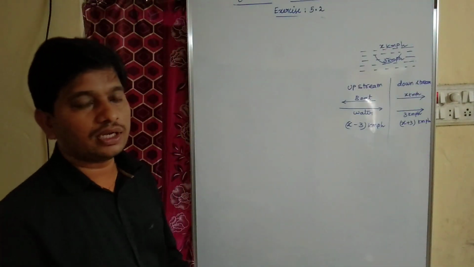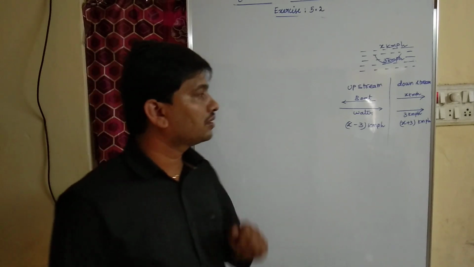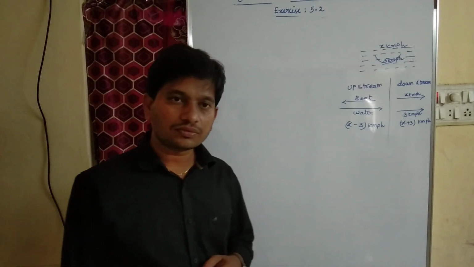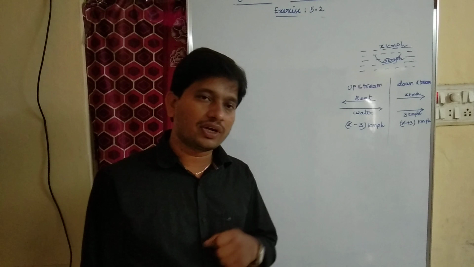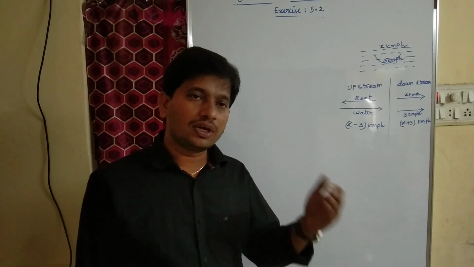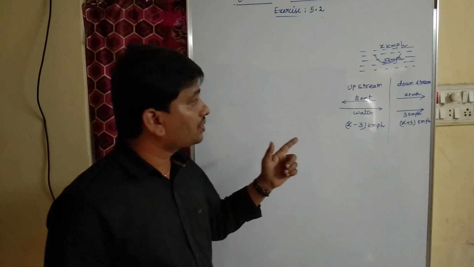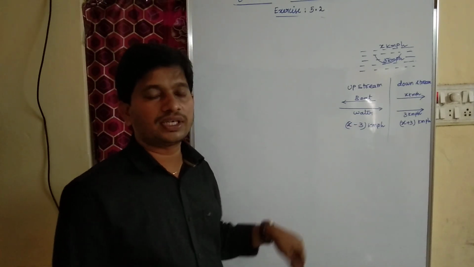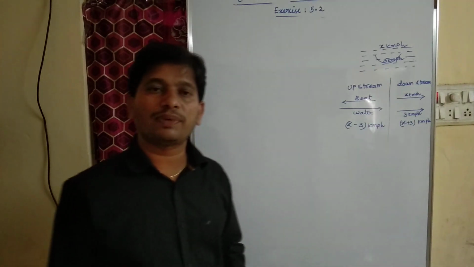Once again I am explaining. Here we will be having two speeds. One is boat speed and the other one is water speed. As it is given in the question, speed of the boat is 3 km per hour. Let the speed of the water be x km per hour. In upstream, speed will be reduced, x minus 3. Whereas in downstream, speed will be increased, x plus 3.